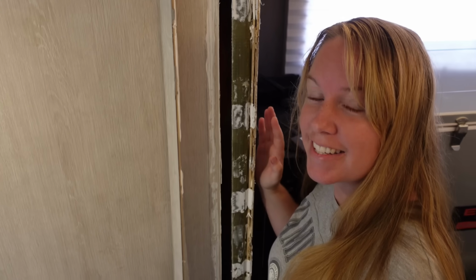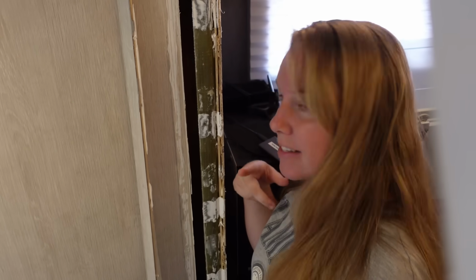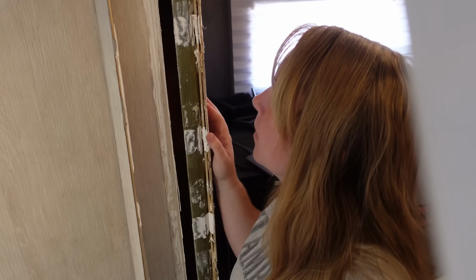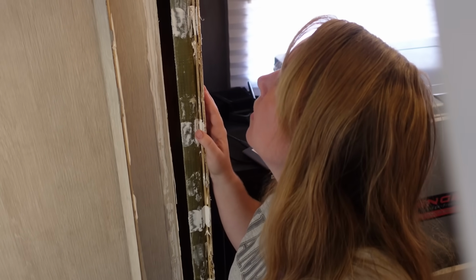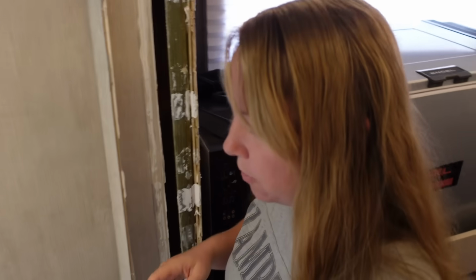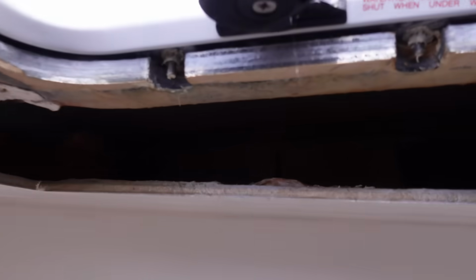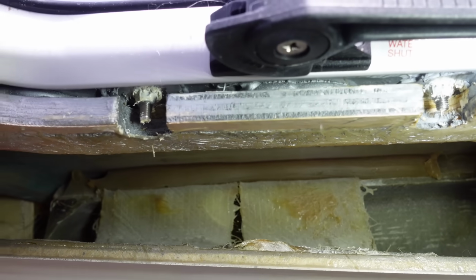Tynan's now gone through and cleaned off the blobs of sealant that you could see before, and that's kind of revealed the bulkhead a little bit more. So we have the decorative piece of wood on the outside, and then this is the actual structural part of the bulkhead, and this is the part that we're concerned is flexing and causing that cap to crack. In order to get a little bit more access, we've also in the bathroom cut out some space in the ceiling so that we can